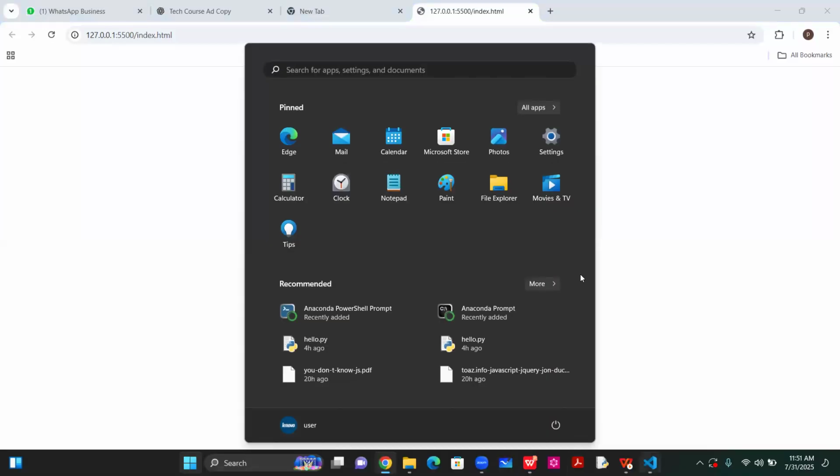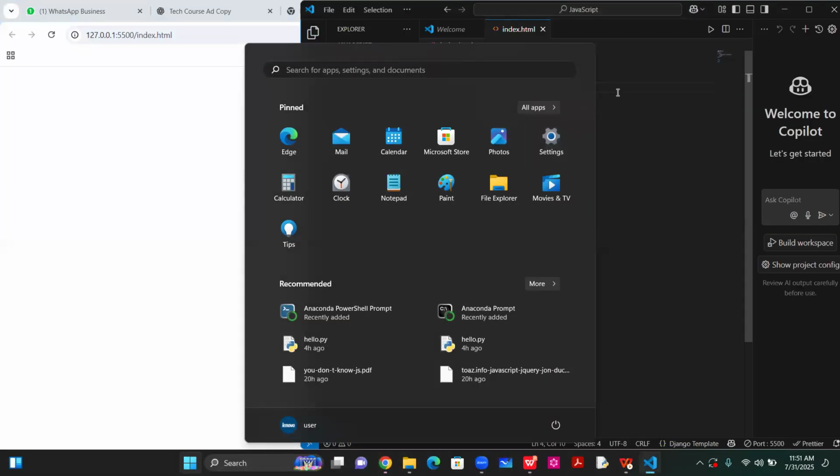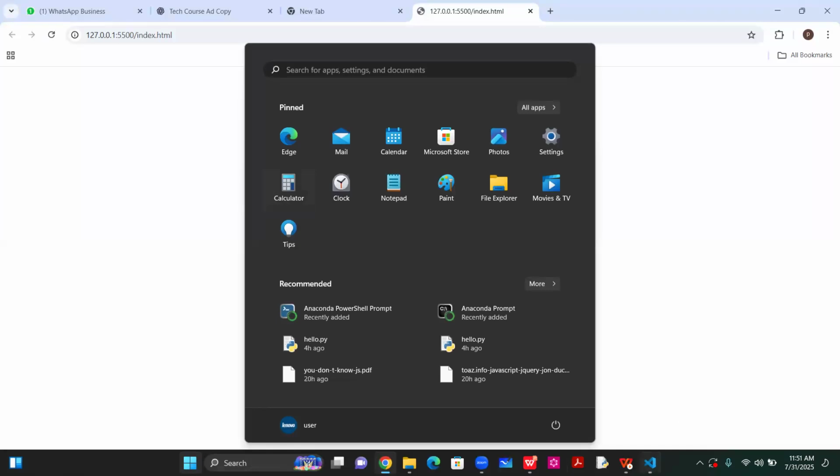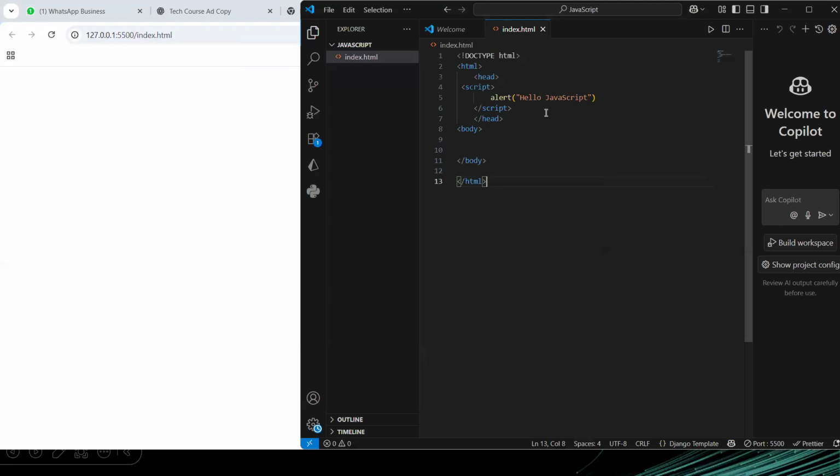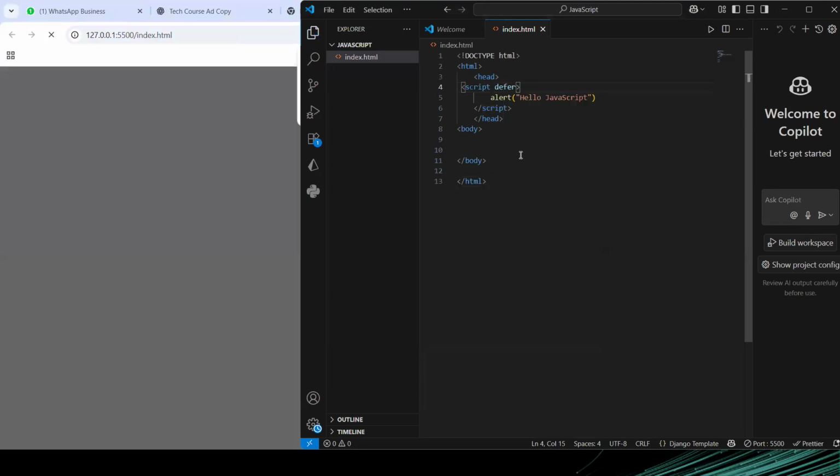But if I use the keyword, instead of this script, if I use the keyword defer, what it's going to do is that once the browser